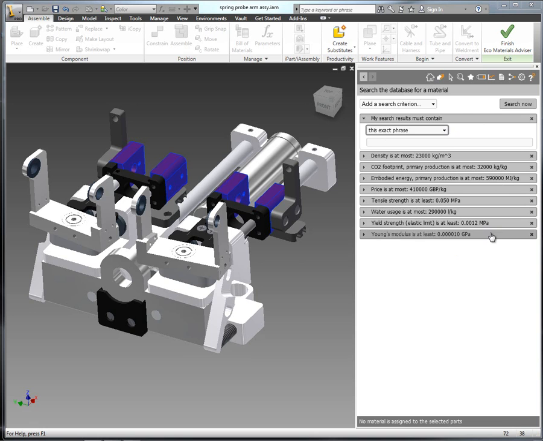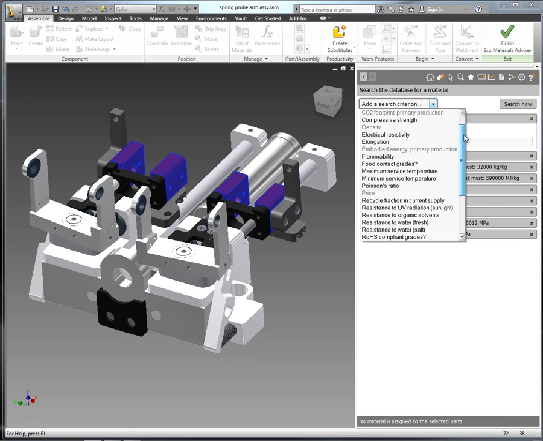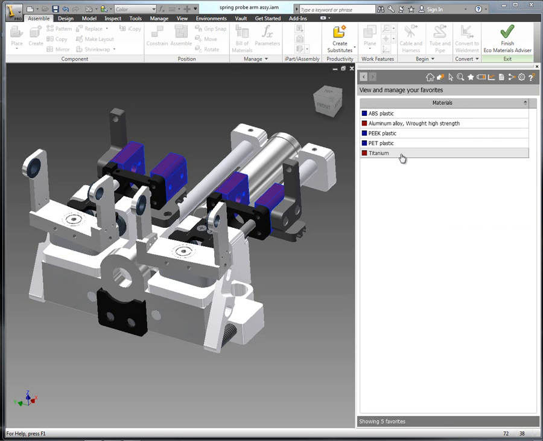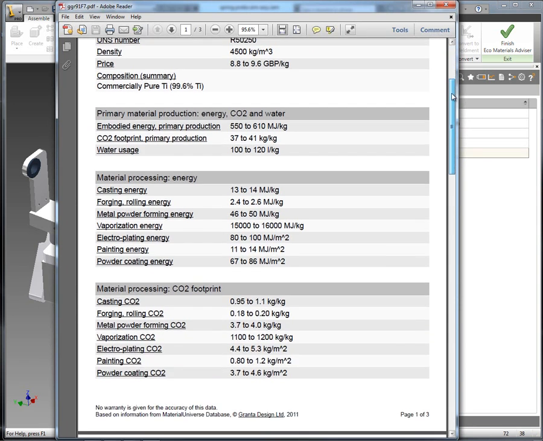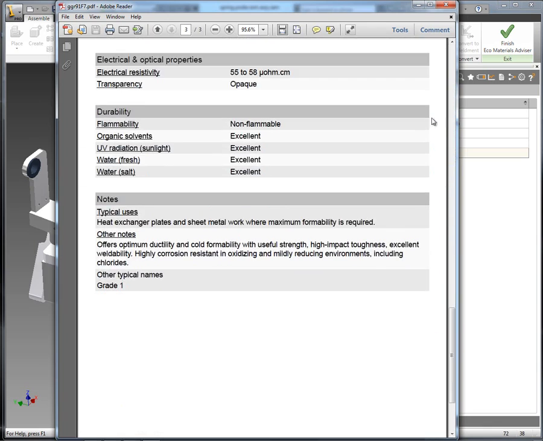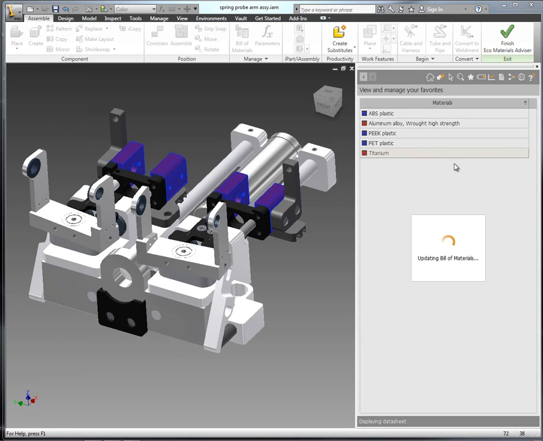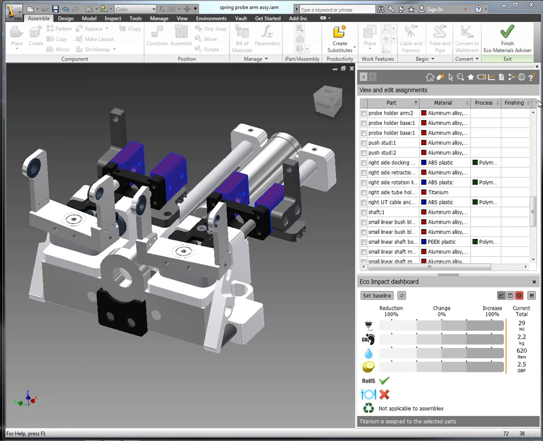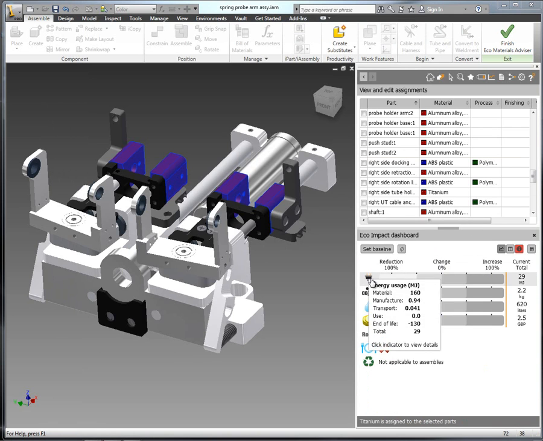Now, I've got a whole host of materials that I can access as part of the EMA dashboard, and this is done in partnership with Granta Material Intelligence, a UK-based materials company. And all these materials are cloud-based, but we can search for materials, we can browse for materials, and we can even access all of the material data that we have as part of the Eco Materials Advisor to make sure that we're making better choices about the materials that we use. Once we've found the material that we want to assign, in this case it's titanium to those 4 components, we